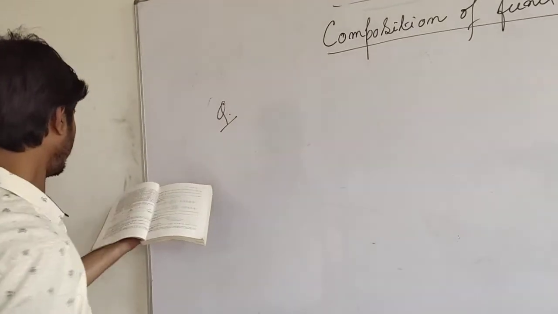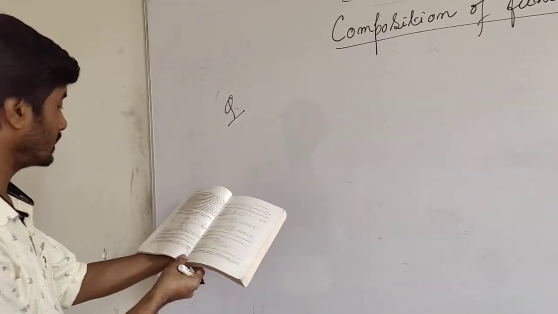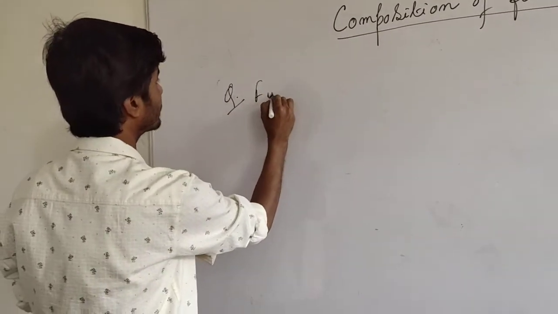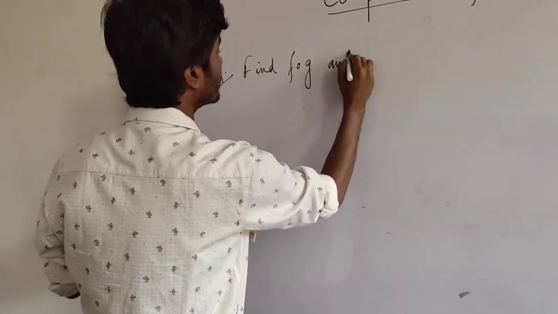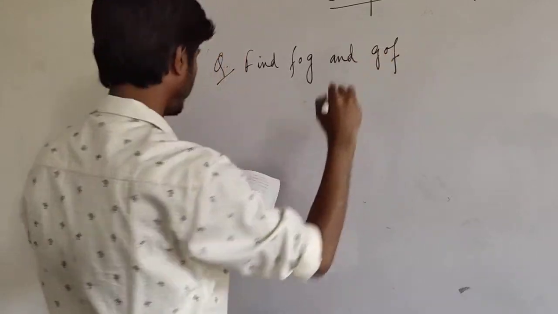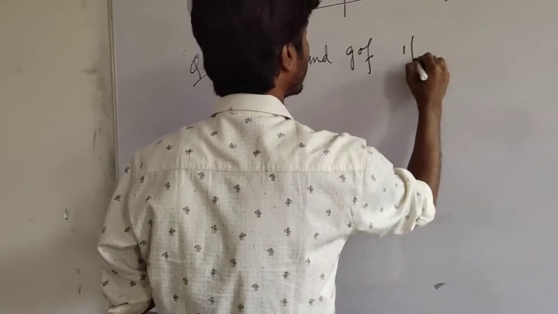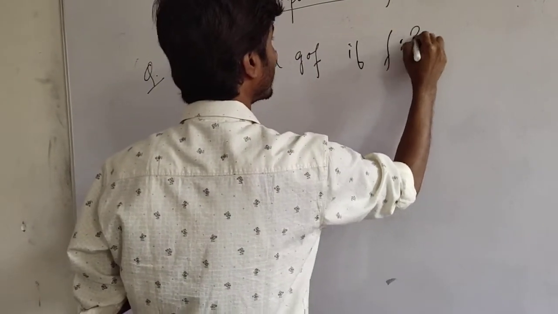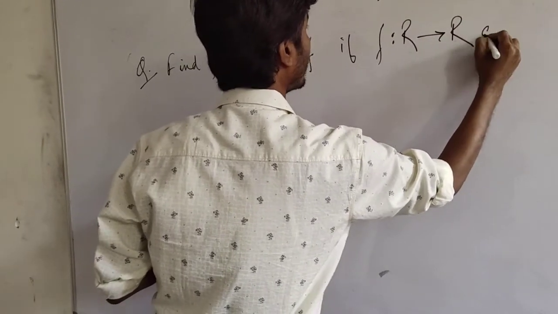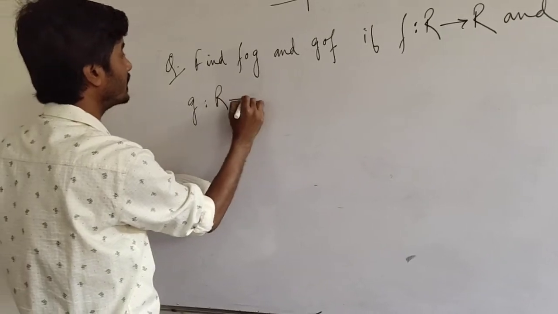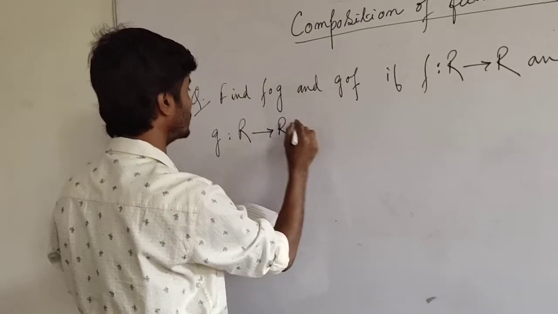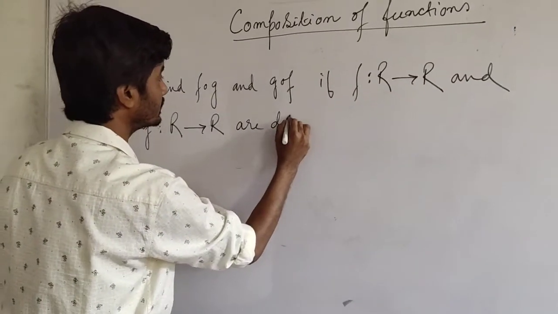Next example, that is from our textbook: find FOZ and ZOF if F is a function from R to R and Z is again a function from R to R, these two functions are defined as